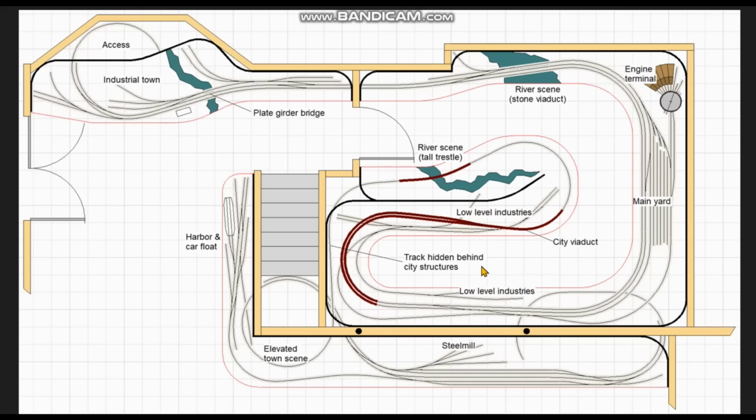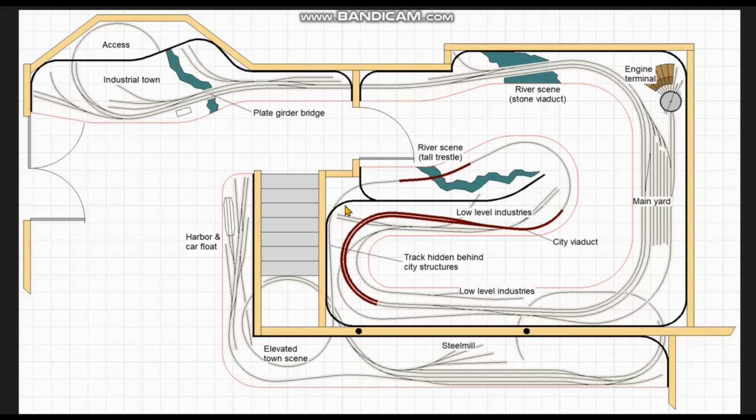Something else that I wanted to point out on this design, which is probably useful to note if any of my viewers ever have to design a railroad that uses part of multiple rooms. Note this single track running through the trestle scene and into the steel mill scene in the other room. There is quite a long way to walk between the two areas, but by putting in what amounts to a single lap helix, I call it more of a time-wasting loop actually, the train is hidden for long enough to